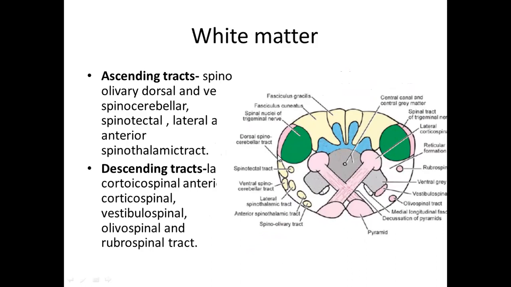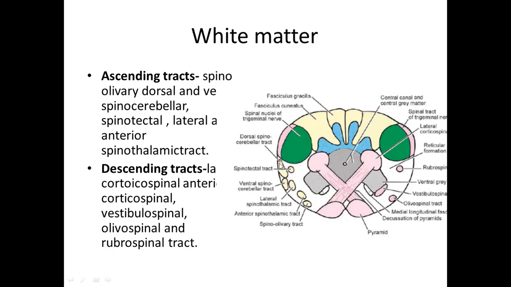The spinocerebellar fibers are carrying the unconscious sense, proprioception, right, from the Clarke's column. So the Clarke's column extends only till L2 or so, it is only present on the thoracic side. So the unconscious proprioception from the lower limb and the lower half of the trunk is carried through this dorsal spinocerebellar tract. Whereas from the upper limb and the face, the unconscious proprioception is taken and relayed in the accessory cuneate nucleus, which is seen at a higher level, right?